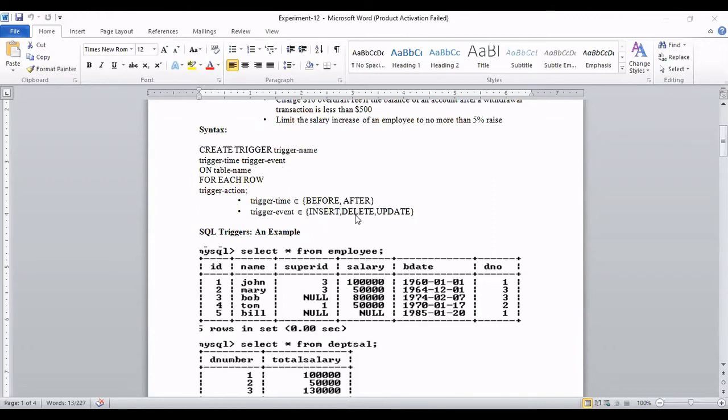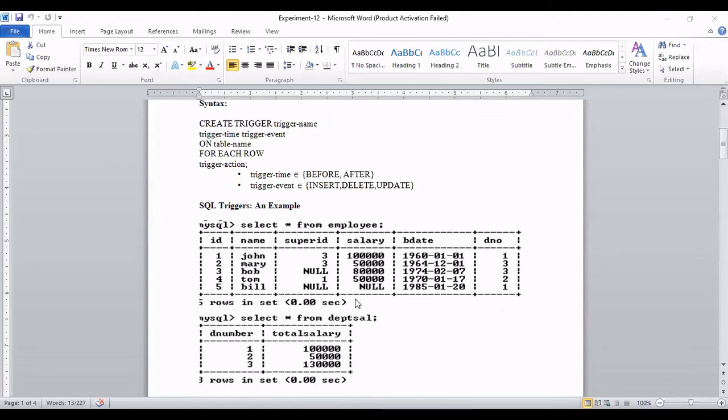And what is the trigger event? Whether it is insert, update, or delete. Usually these three are the times you can call a trigger, because we want to keep the data, a backup during these operations only. That's why usually insert, update, and delete operations require a trigger. Then for which table, definitely we need to specify the table name. Then for each row, because we need to check each individual row. Why do we add for each row? Remember, when the trigger fires, it will check each individual row. For example, say I have added a sixth row.